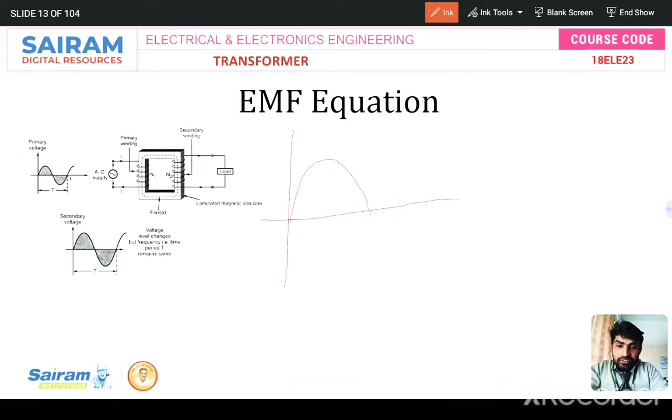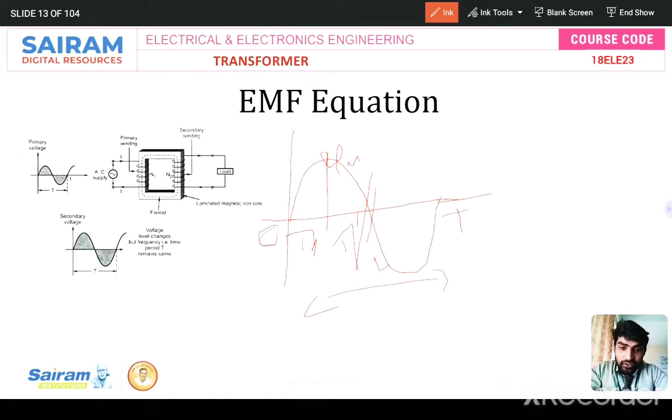I'll take it like this, okay? This is maximum flux linkage, and this is 0, and this is the total time taken, T. This is T by 2. Or I can take pi by 2 also, but I'll take the general equation. Total is T, and this part is T by 2, and here T by 4, T by 4, T by 4, another T by 4, we'll get totally T, right? So that is 0 here, okay.